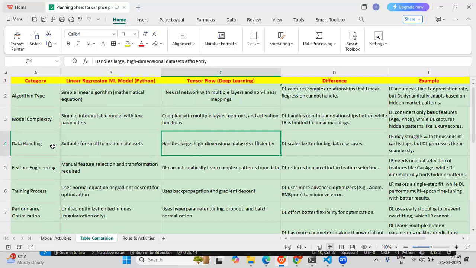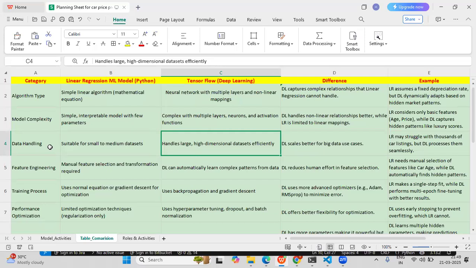When it comes to data handling, the linear regression ML model is suitable for small and medium data sets. But the TensorFlow deep learning model handles large data sets because it has multiple neural network layers.